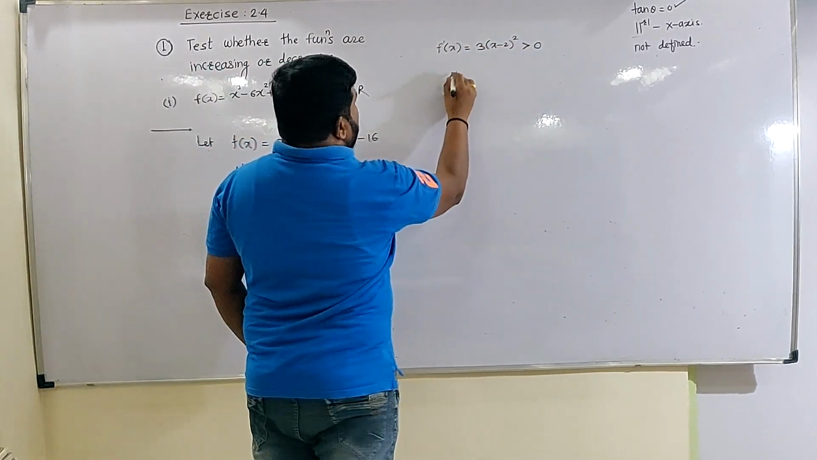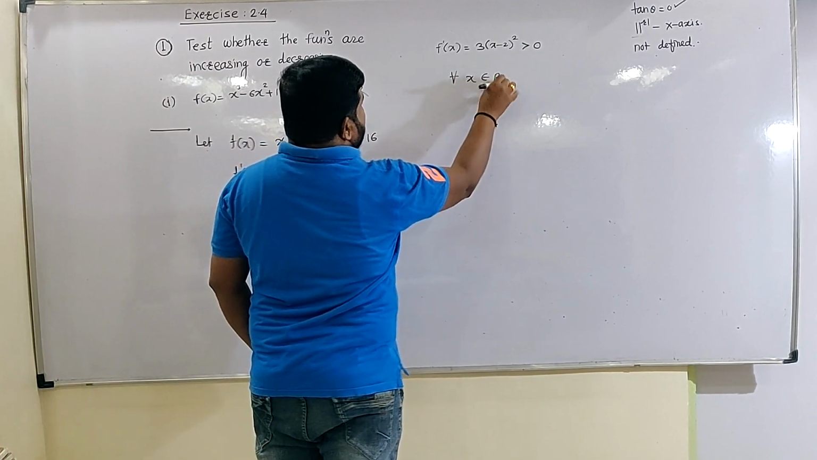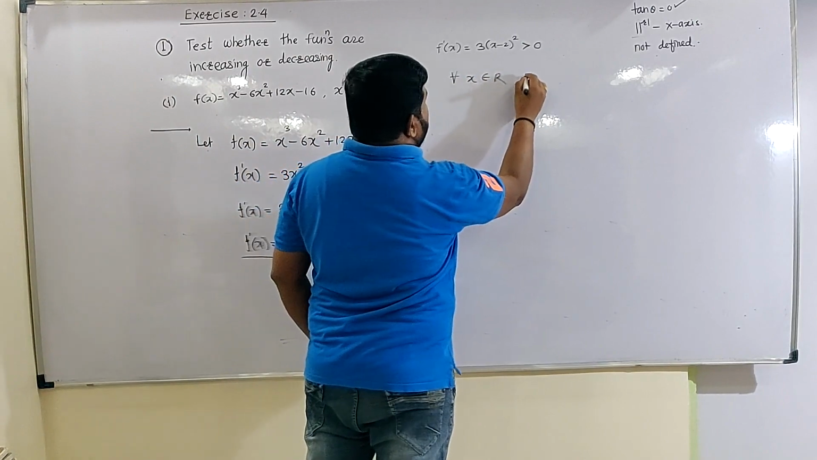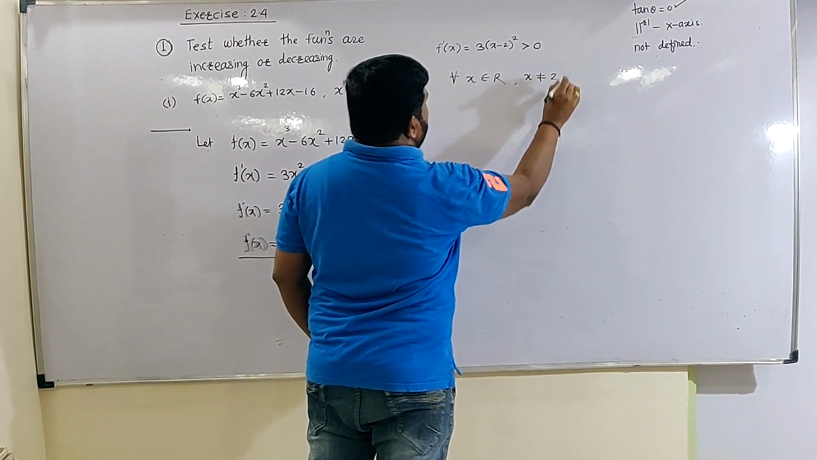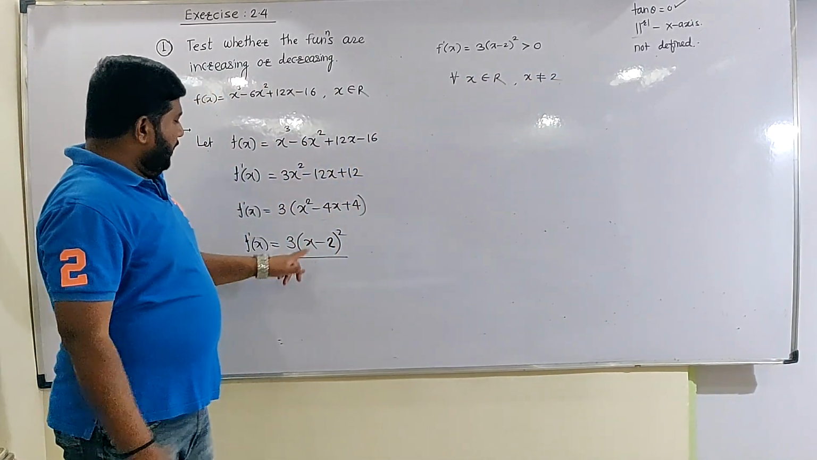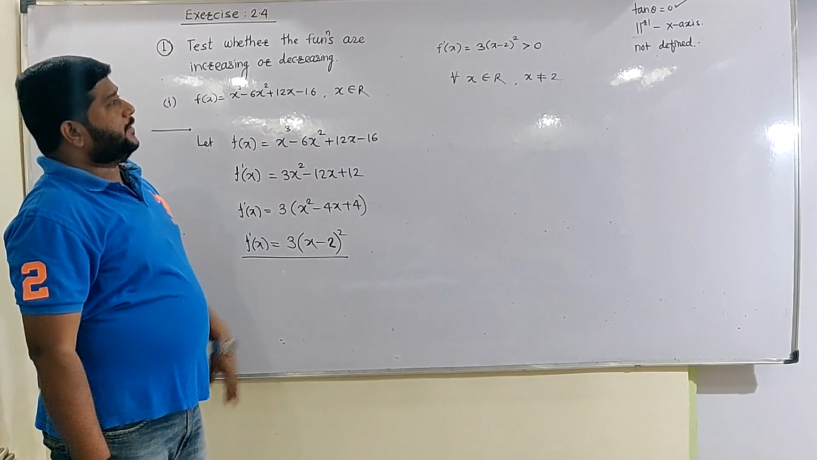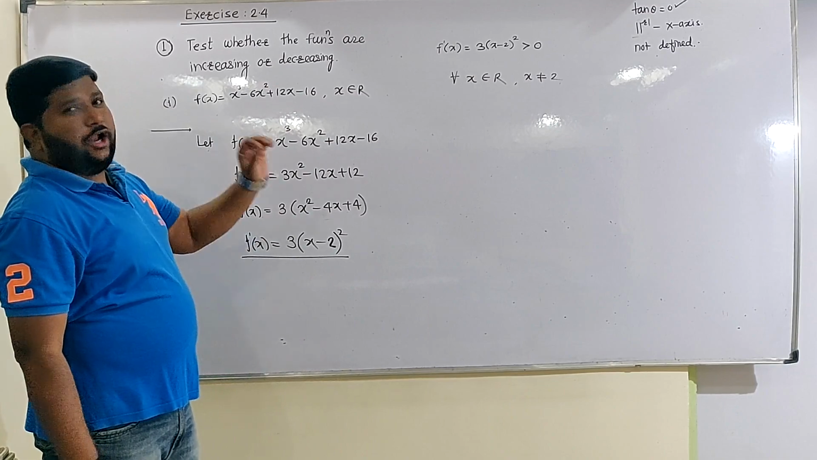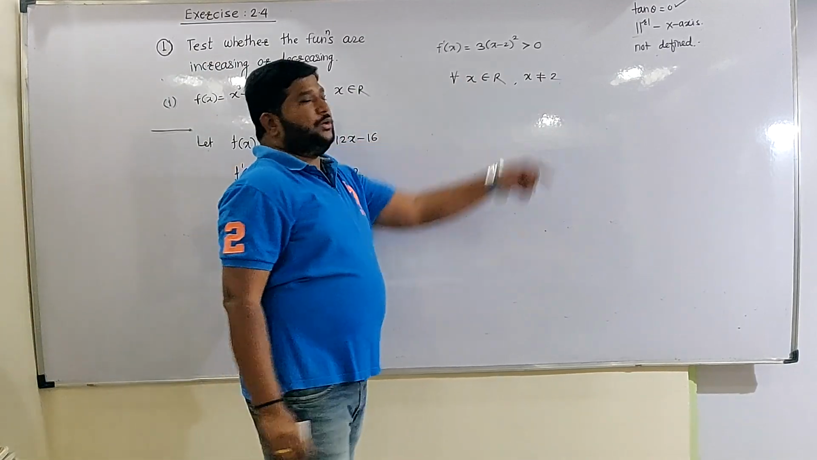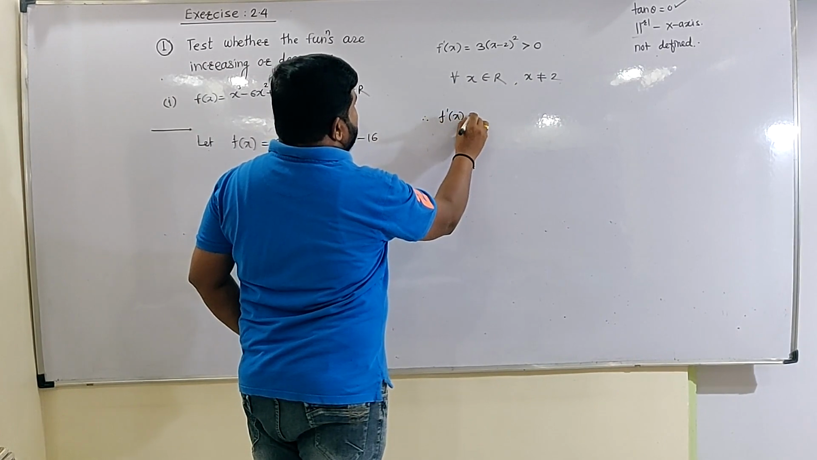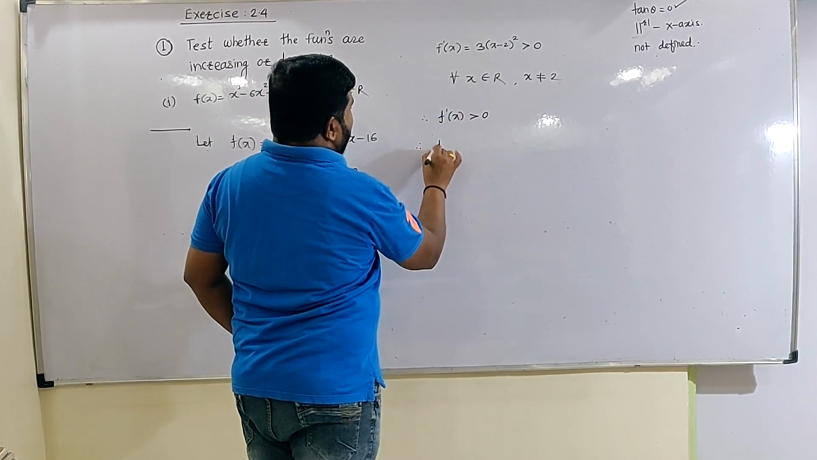For all x belongs to R. For all x belongs to R except x is not equal to 2. 2 छोड़ के अब यहाँ पर 2 minus 2 कितना आता है? 0 होगा. So that's why f dash of x greater than 0 for all x belongs to R except x is equal to 2. Therefore f dash of x is greater than 0. Therefore f of x is